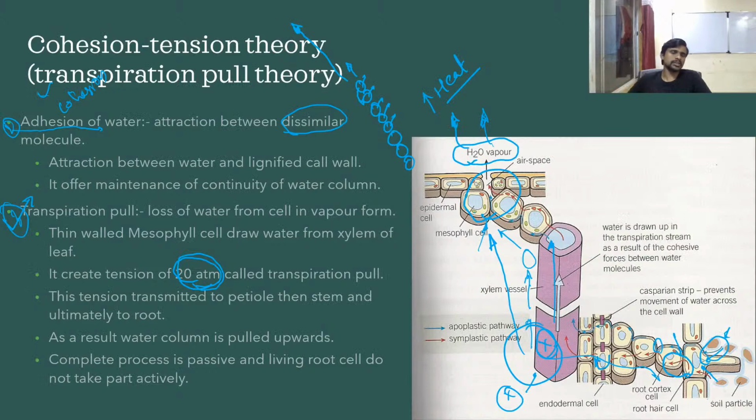Okay, so guys, this was all about the movement of water through the body of a plant. So if you see the complete process, the transpiration pull is a passive process, and living root cells do not take part actively inside the cohesive tension theory, and that's why people agree more with this theory, because as per the people, the plant does not require any ATP or more ATP to conduct the water molecules. So this theory is more accepted because of these smaller things which are included inside the theory.